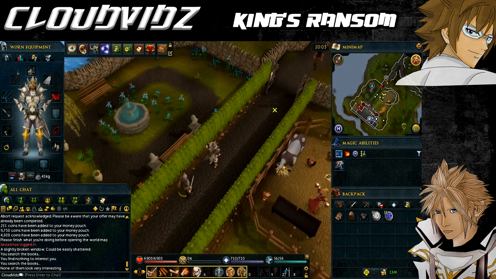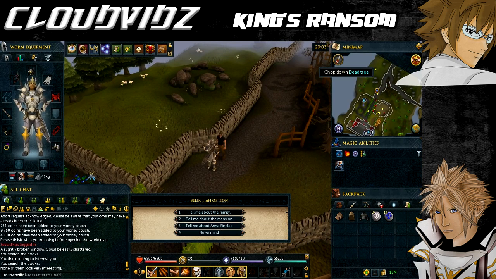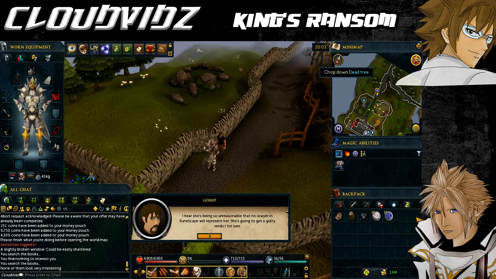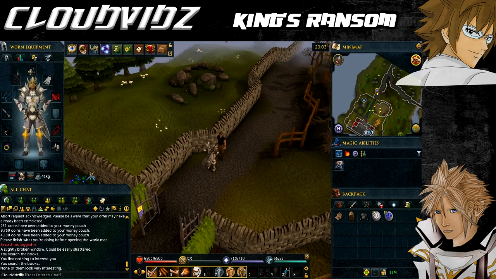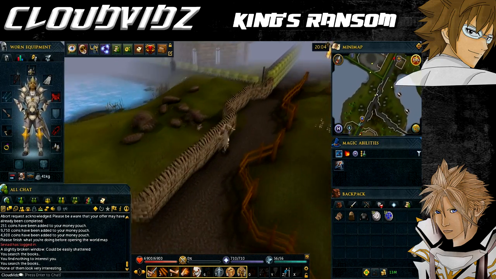So you want to go back and speak to the gossip outside the mansion and follow through all the chat options to learn about the Sinclairs. The first conversation will be about the family history, the second is about the mansion, and the third is about Anna. Once you've gone through all the different dialogue options, we now need to head to the Sears Village